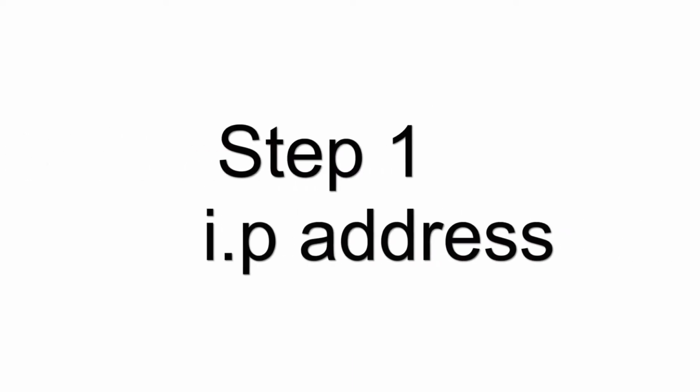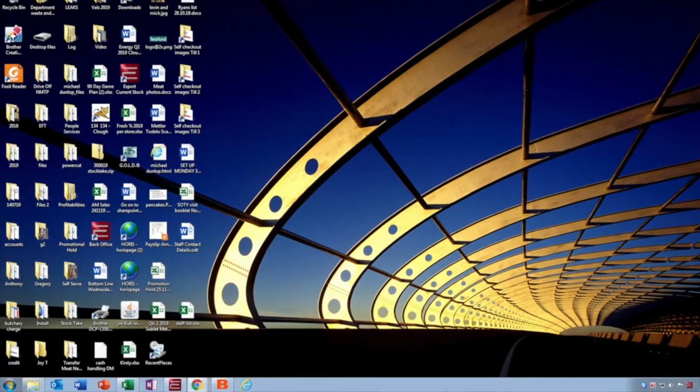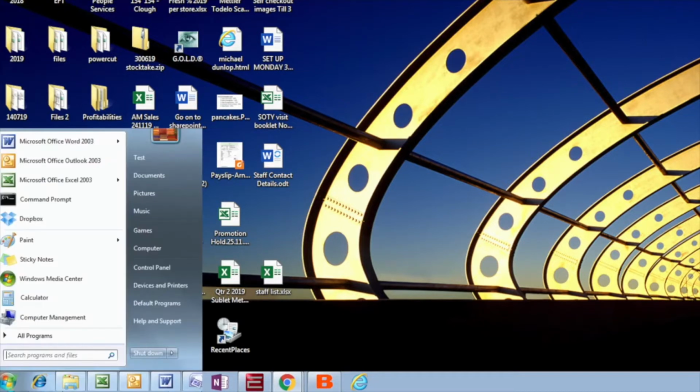Step 1. We need to find out what your store's IP address is. If you go to your Office PC and go to the Start icon in the bottom left hand corner of the screen, we're going to go into a command program. So if you can type in the letters CMD